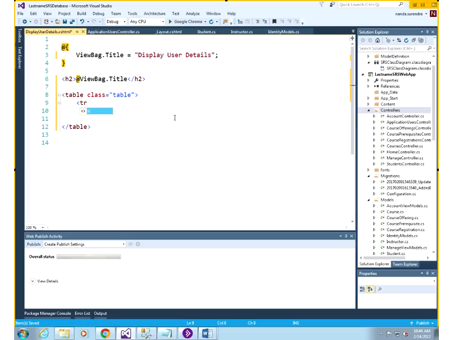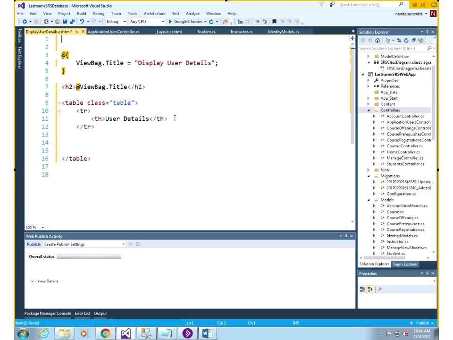This is the header, so TR, and I can just use a TD or I think TH for a header, and I'll say user details. Okay. And then I have to set up the foreach loop because I want to get multiple of these